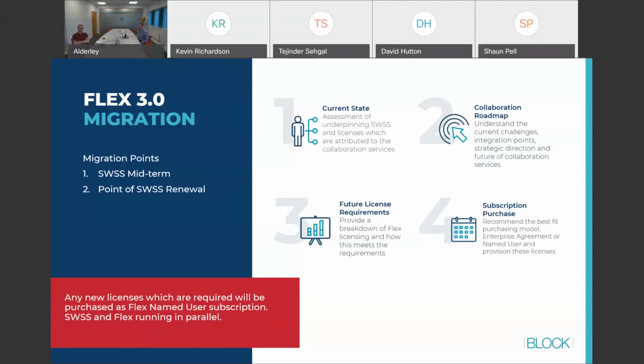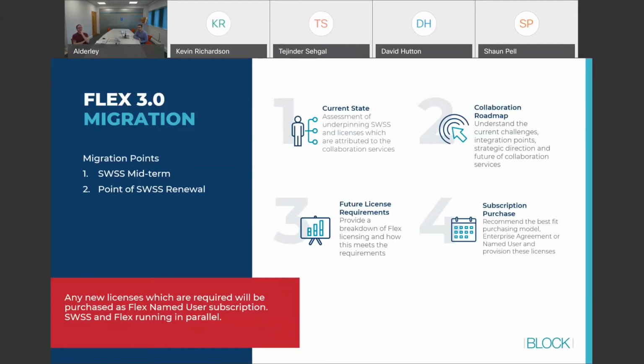You will get a rebate on your SWSS within that, and we can work with Cisco and yourselves to fully realise what that rebate will be and the value of migrating from the complete perpetual current state to the future state subscription. The other method, you could refresh your licensing at the point of renewal.